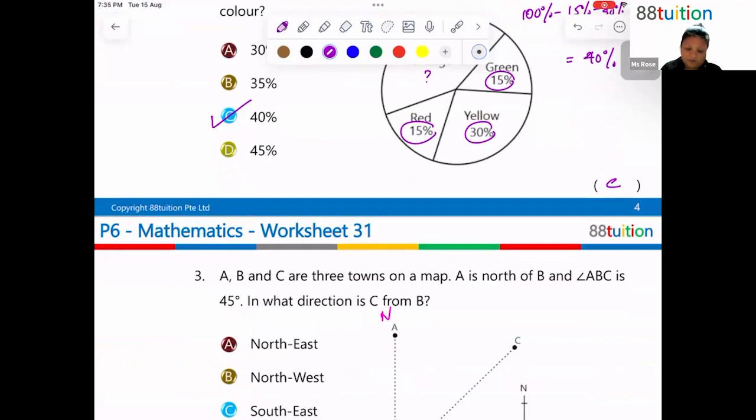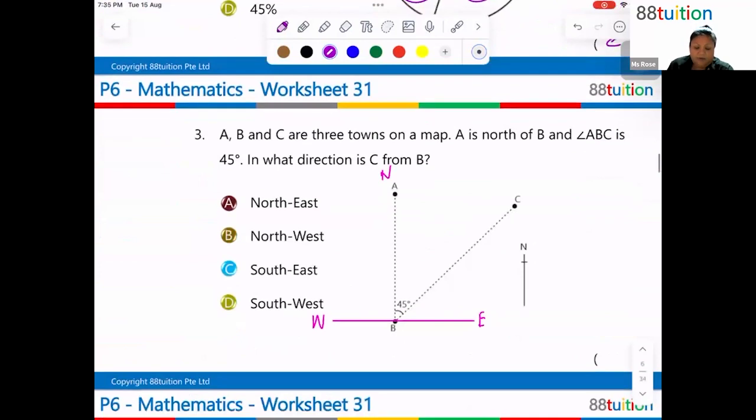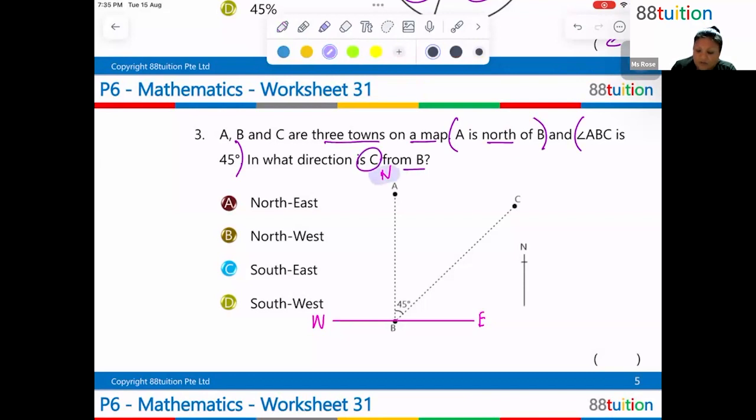Now, from here, number 3 is your 8-point compass. For those of you who didn't try, you can just have a look at the question. We have A, B, C that form 3 towns on a map. A is north of B, and angle ABC is 45. In which direction is C from B? Can you see this is the north? So A is north of B. If I were to draw a line across like this, and then put in my direction,